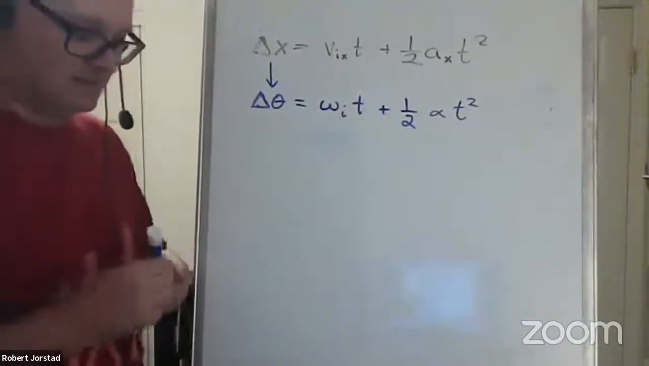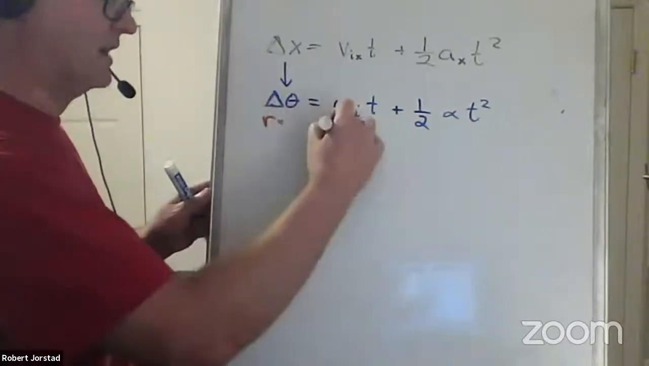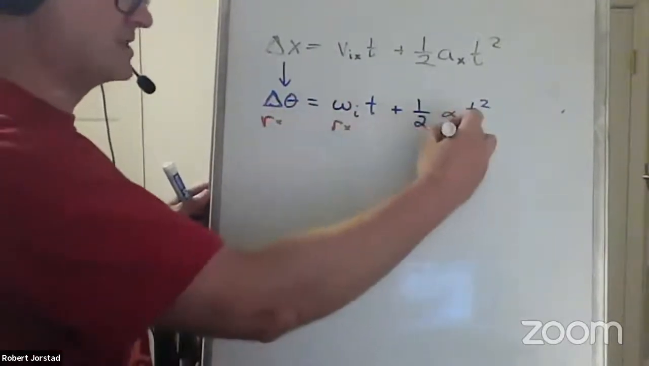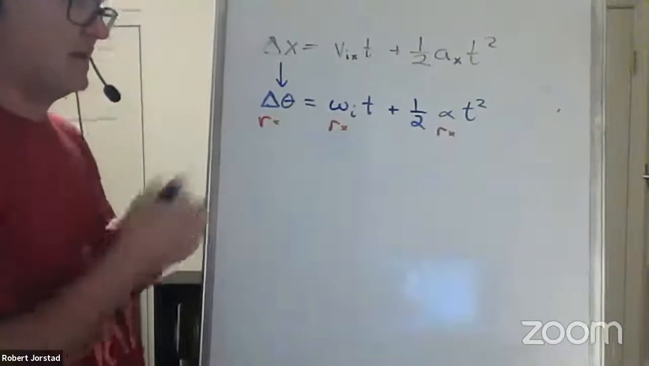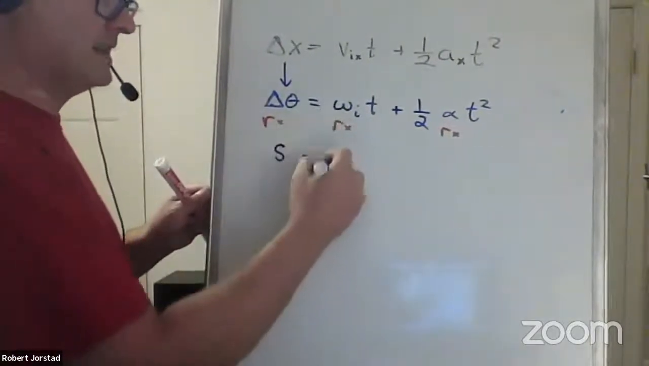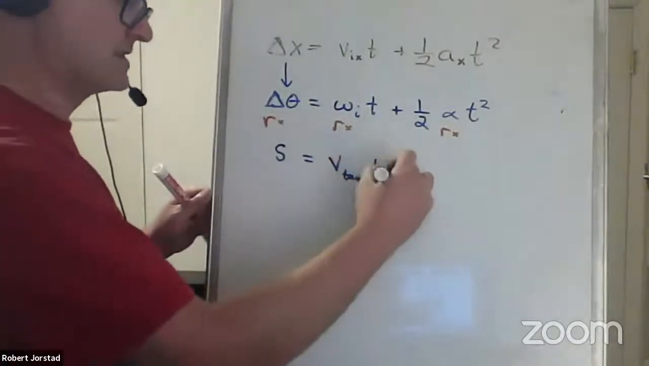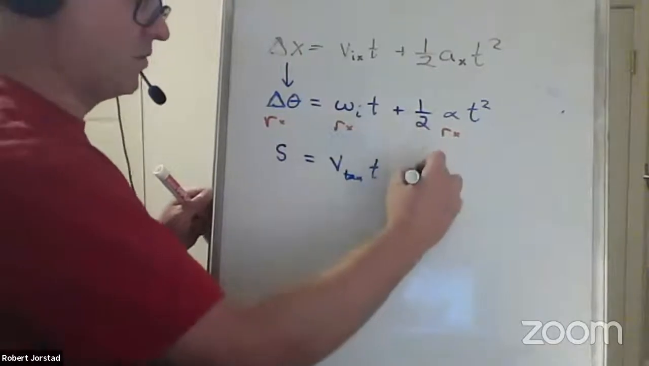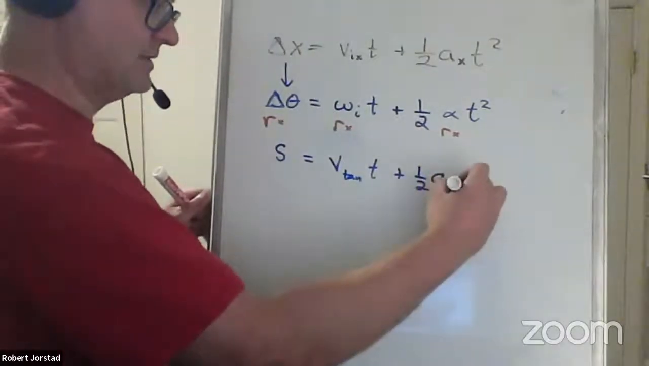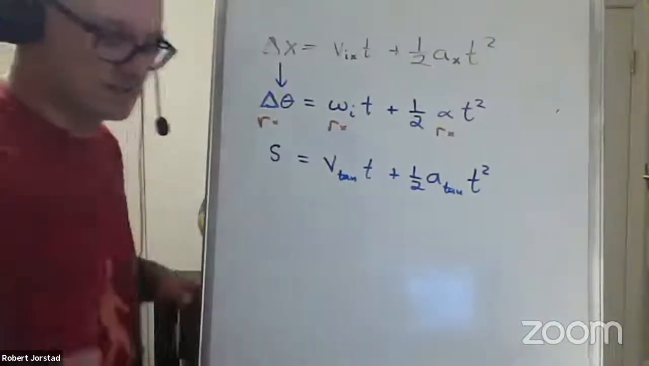Alpha. Alpha, fish swimming left. Okay. And then what I'm saying is, if you multiply this times R, this times R, and this term times R, R times delta theta becomes arc length. R times this becomes V tangential times T plus 1/2 A tangential times T squared. Those equations can talk about